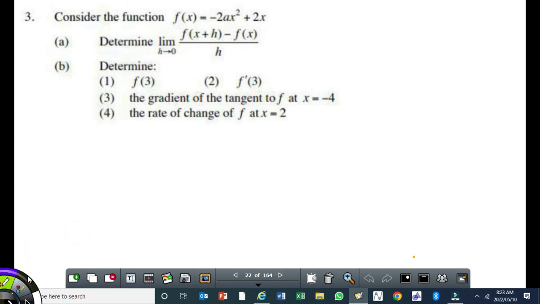So this is more like an application question which you may get. Okay. So the question says, consider the function f of x equal to minus 2ax squared plus 2x. So this is our function. It's a quadratic function. Okay? So when you see the equation of a function, you should know what type of function it is. So that's quadratic. Since it's quadratic, it means the derivative of it is going to be a linear function. Right? So the first question says, determine